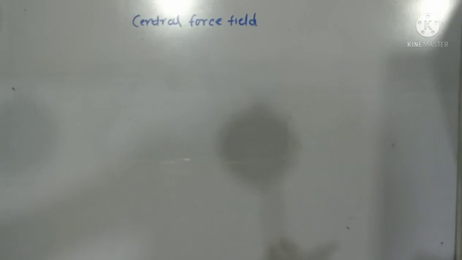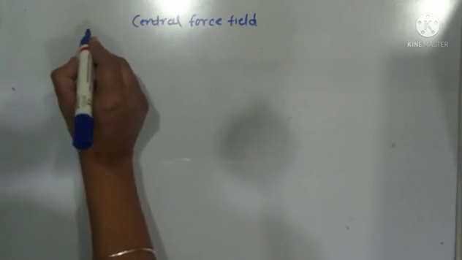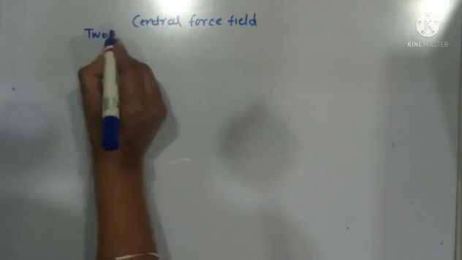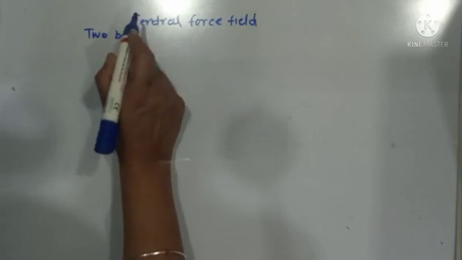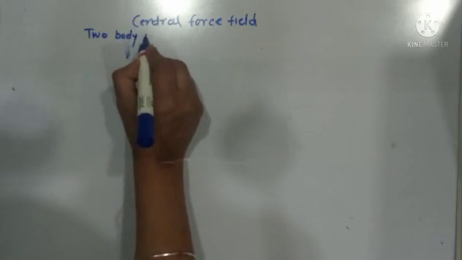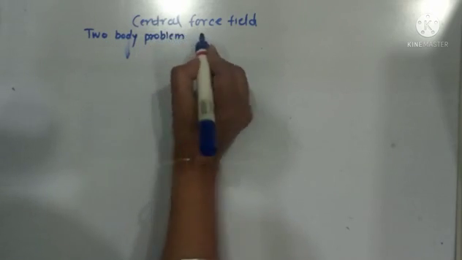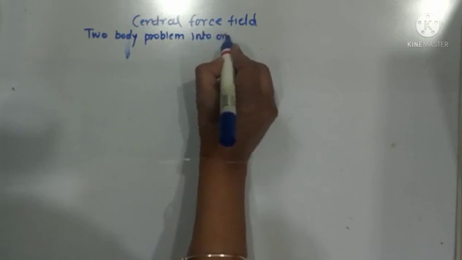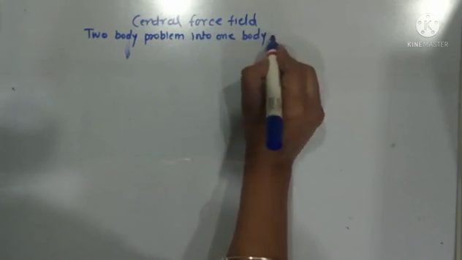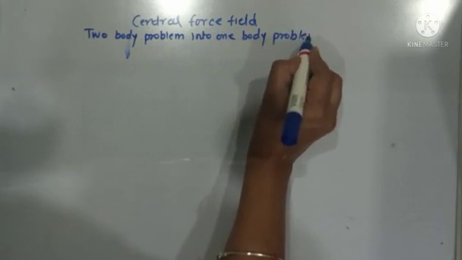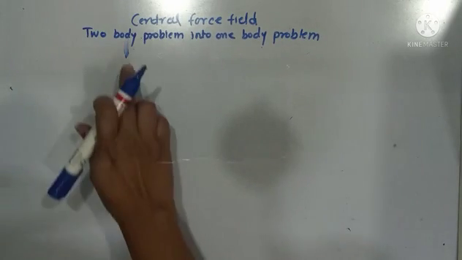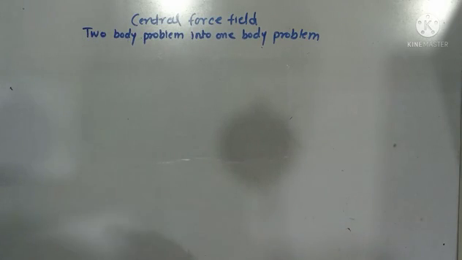And so how to do that? We are taking one example, and we can say that we are converting a two body problem into a one body problem. Okay, so we can convert a two particle system into the single particle system by converting its mass to the reduced mass of the system. Okay, and how are we going to do that?